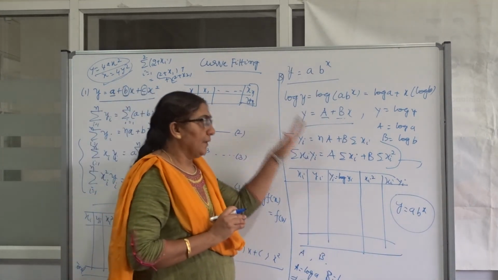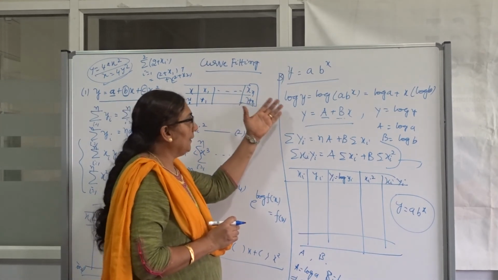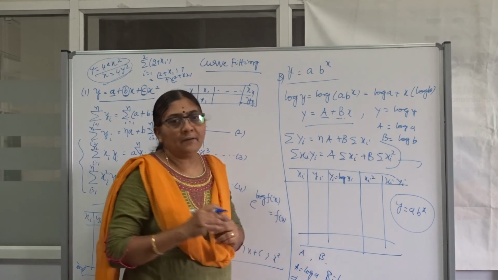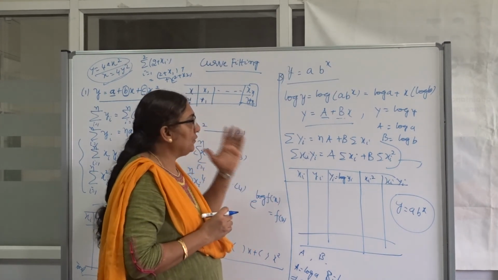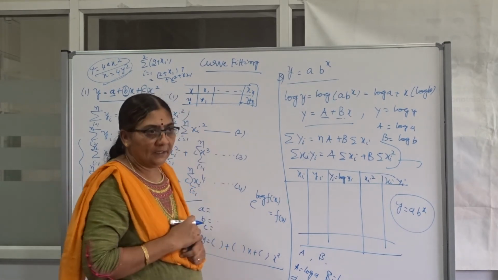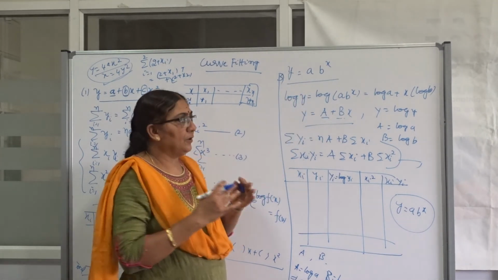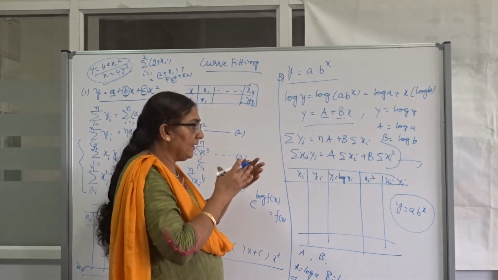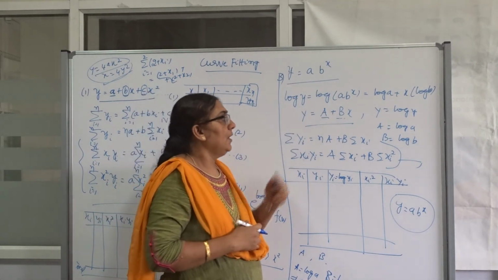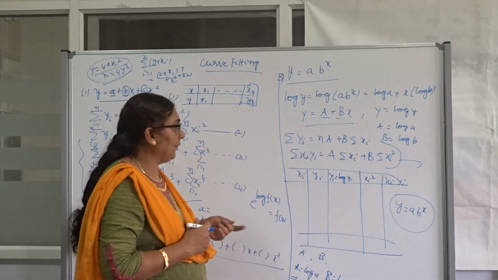One thing, whenever I wind up this video: other than a linear curve, first observe, and keep in mind, don't write the normal equation immediately. The general equation of the required curve must be in the form of a polynomial. If it's not a polynomial, I have to convert it to a polynomial. How to convert? Here I have taken log. Why have I taken log? You have a power. How to remove the power in the form of a product? I take log. Once you take log, after simplification, it is automatically reduced to linear form.